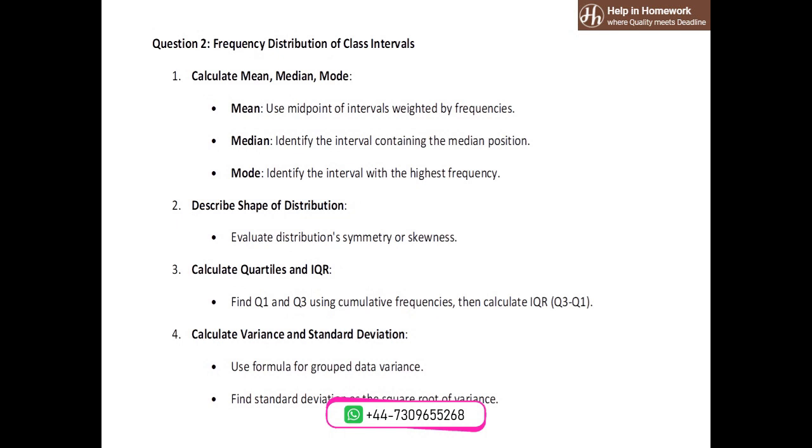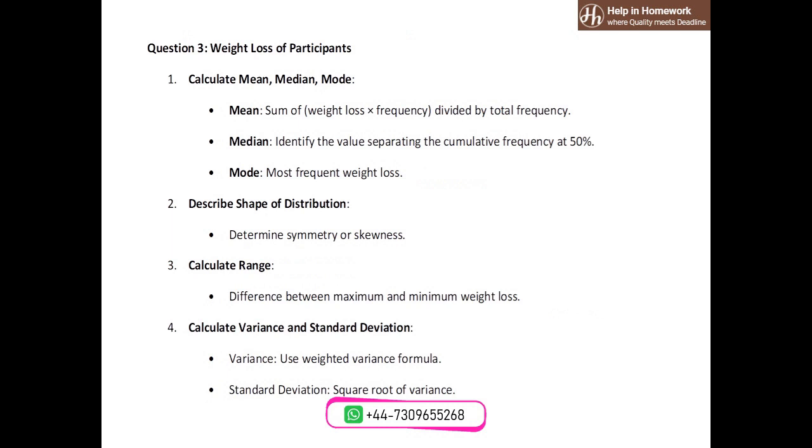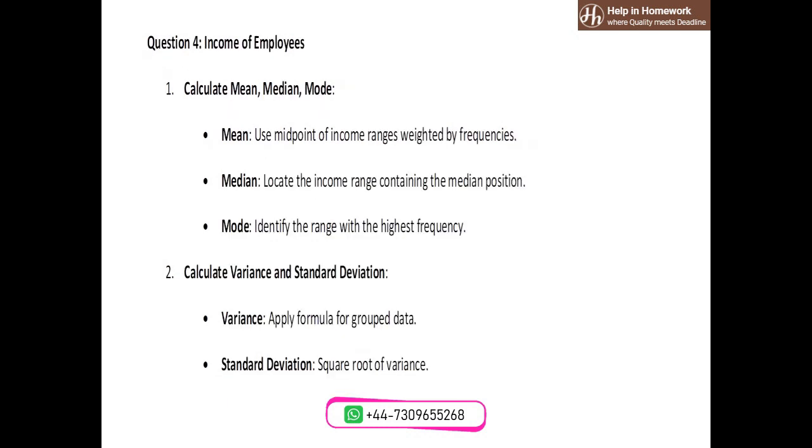Question 3. Weight loss. Compute the mean, median, and mode from weight loss data, determine the range, and calculate variance and standard deviation. Question 4. Income of employees. Determine the mean, median, and mode from income data, then calculate variance and standard deviation to measure